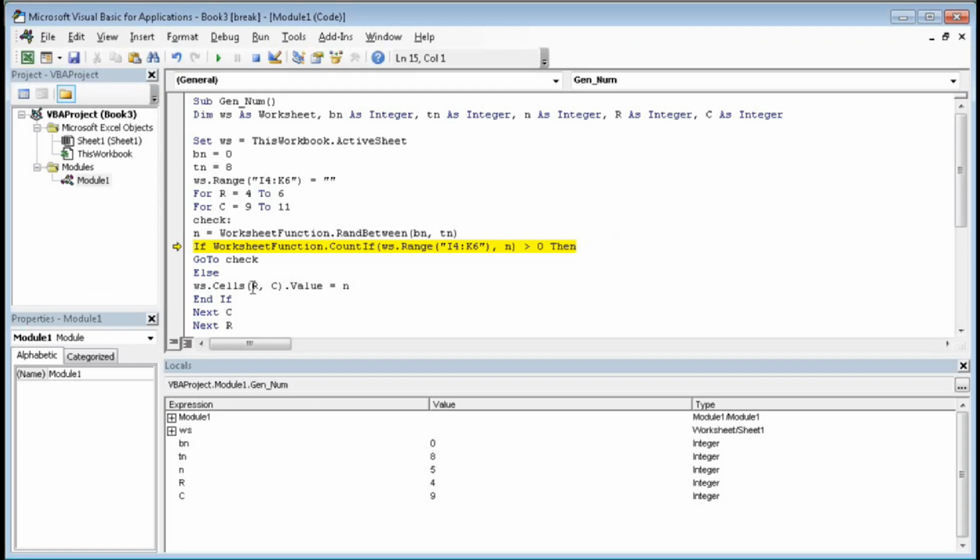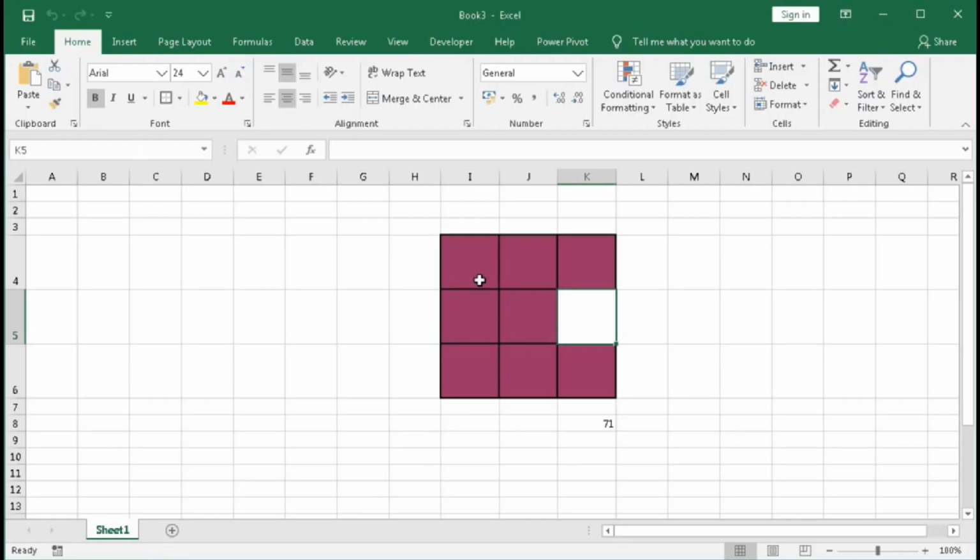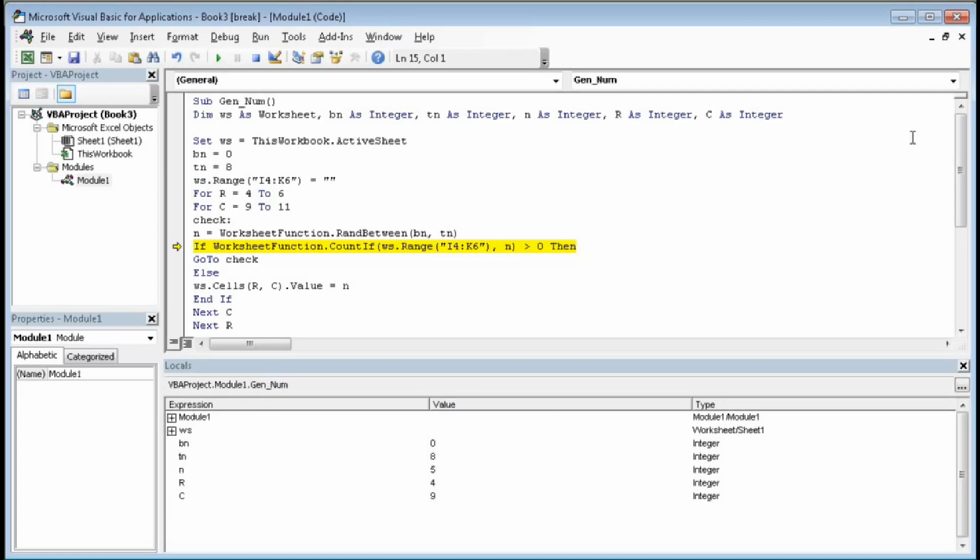So r is, you can see 4, so row number is 4 and c equal to 9, column number 9. So column number 9 is I, so I4 equal to n. So I4 equal to n, here you can see 5. So value of I4 will be 5. Let's see, let's make it smaller.